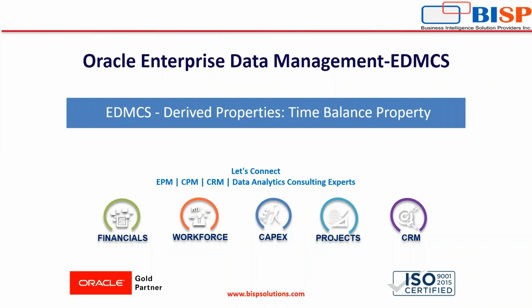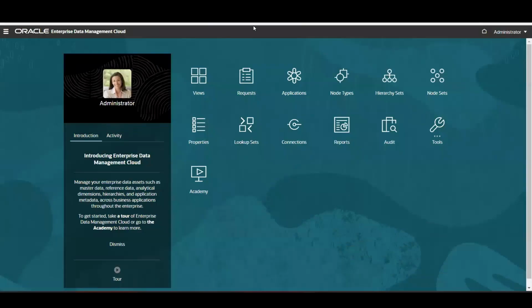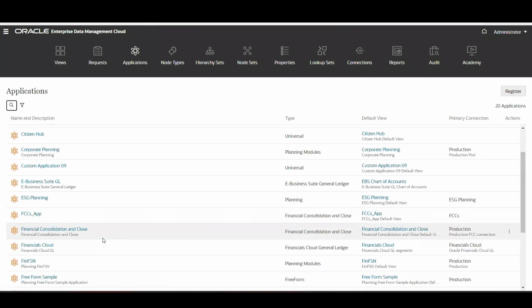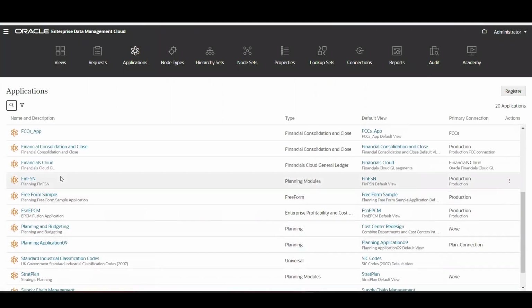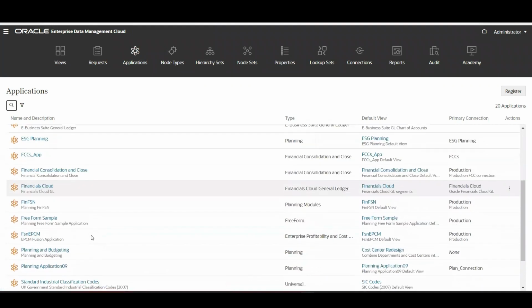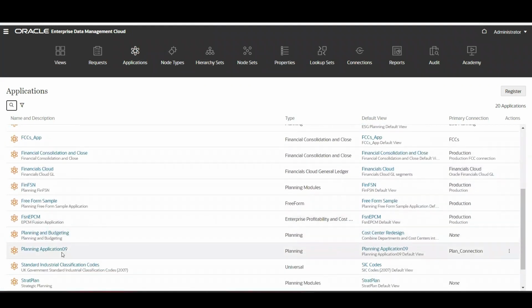My name is Basant, and in the series of expression building, today we are going to learn how we can derive the expression for the time balance property using the derived properties. So let's start. First we will go to our application, and for our use case, I made two applications. One is my custom application, and one is my target application, that is the planning application. So this one is the source application, that is the custom application, and this one is the target application of